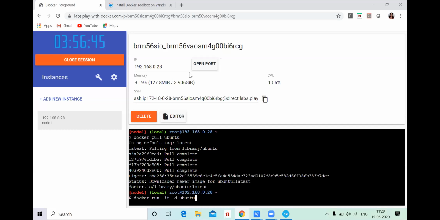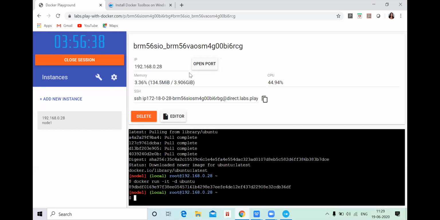As we have already pulled the image Ubuntu, let's write Ubuntu. Just click enter. Now you can see you are getting one container ID, and that container has been created. So normally the run command is used to create a container from your image.